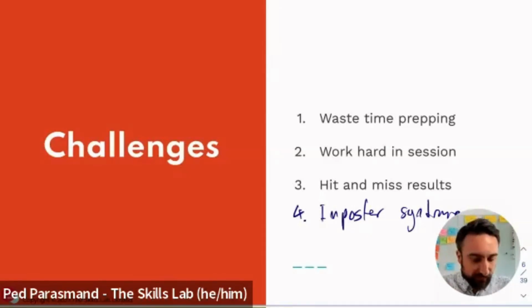So having said that, I'm just curious, in the chat, put 1, 2, 3, or 4, which one of these kind of resonates with you the most? There's a bunch of 3s and 2s. There's a 4. Thank you for your honesty. Yeah, 3 and 4. Okay, so not so much of 1. This is good. But maybe there is a little bit of 1 in there as well. So 3s. Okay, thank you so much.